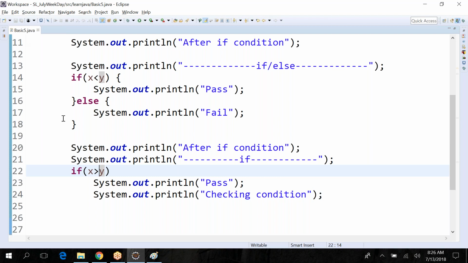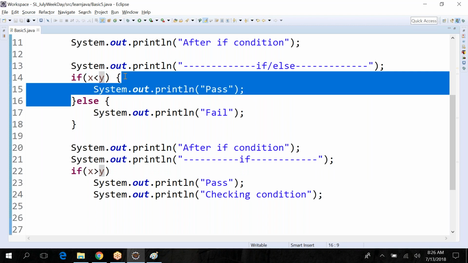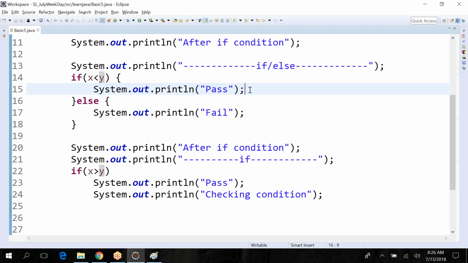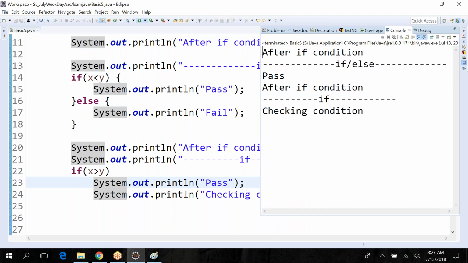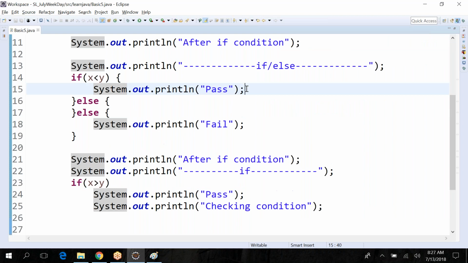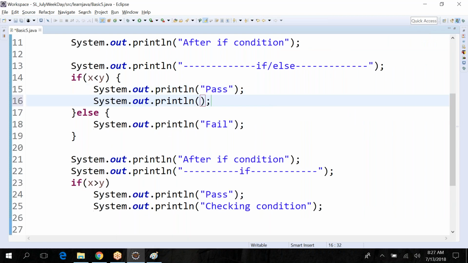Nothing. Okay. So if you don't use the bracket: when you use the bracket, the if condition covers whatever we write inside the bracket. If you don't write the bracket, it will consider only the first line inside the if. So since the condition is false, it is not going to execute line number 23, but from 24 it's going to execute. See, checking condition. Okay, so if you write the bracket, you can write any number of lines. You can write here, you know,